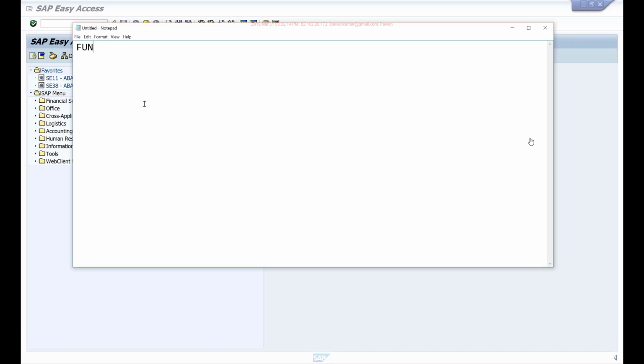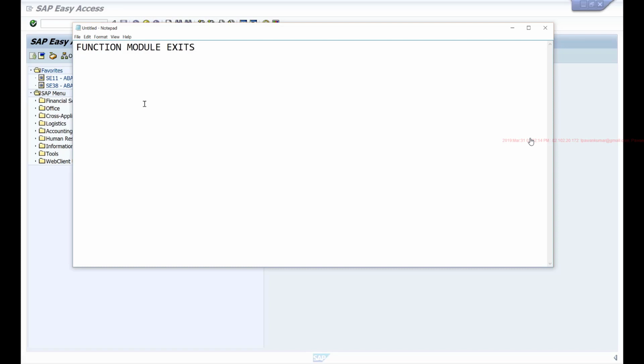One is function module exits. These function module exits are typically used to implement any functionality. Let's say you want to apply certain custom tax rules, or you may want to convert the amount into a different currency. Such kind of functionality you can implement using these function module exits. At a certain point in the main program, SAP will call a function module. It will pass the data which you can manipulate within your function module. So that is function module exits.